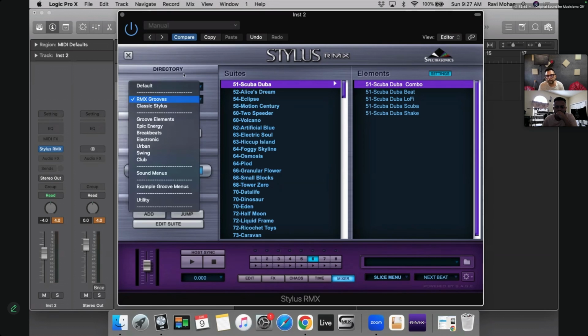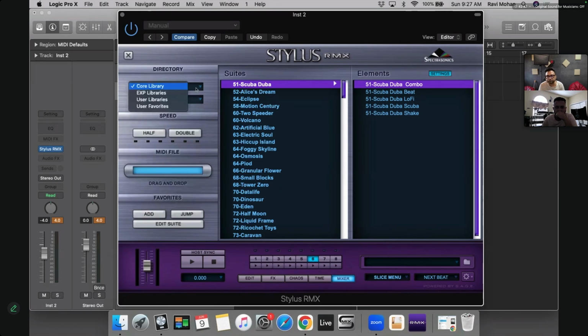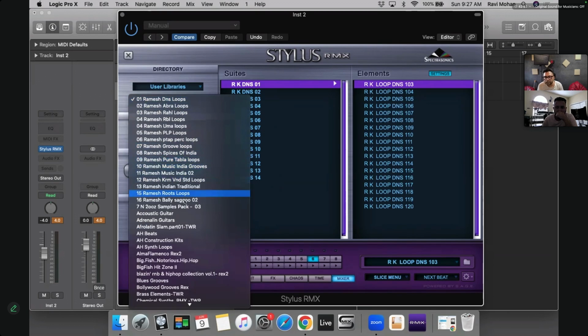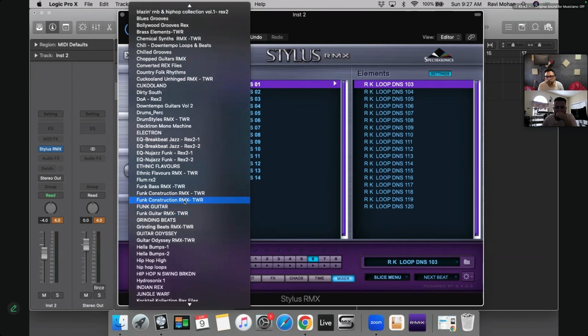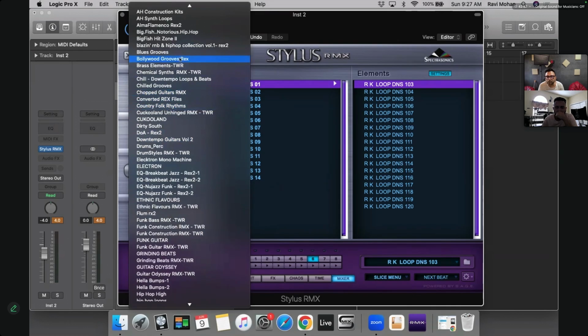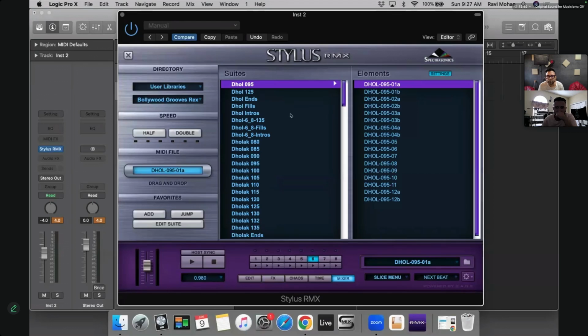So now let's say you want to have this user guide, and this is a very popular library from Rmx called Bollywood Rex Groove. Coming here, let's say you want to put some, this is dholak tabla DT.